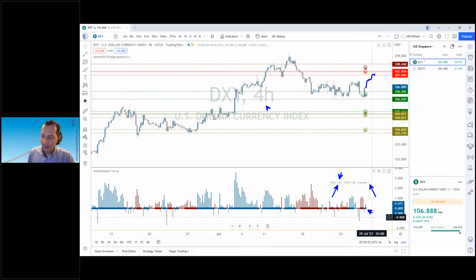So I would say that if an up climate is supposed to last as a normal thing to happen, because it's a 1 standard deviation, if that is going to be 7.42 candles, I guess that definitely we have time to reach 107 as a target. So, I would love it that the dollar comes down to this price point, 106.58, and from there, based on my trading style and my trading methods, I would now identify this price point on SDX and get ready to buy at 106.58 with a target to be 107.69.